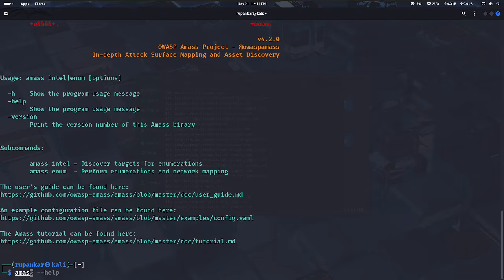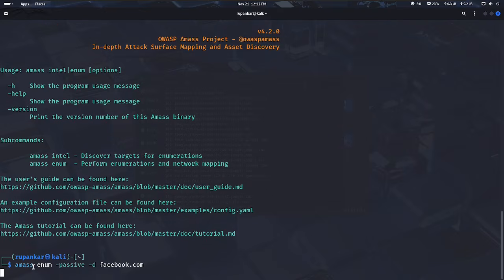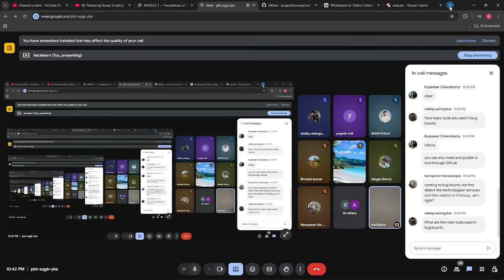So for that, let's go with Amass, and you just need to put enum for any enumeration, and I'm just doing passive. So passive and active both you can do, and then -d and any target you can put. Just go again with facebook.com, our favorite, and now it is doing a passive enumeration. It is not directly like Sublist3r, which we were using previously. It was just trying to connect with the target, and then it was giving us the subdomains. But now it is not connecting to the target. It is going through various websites, like we have discussed